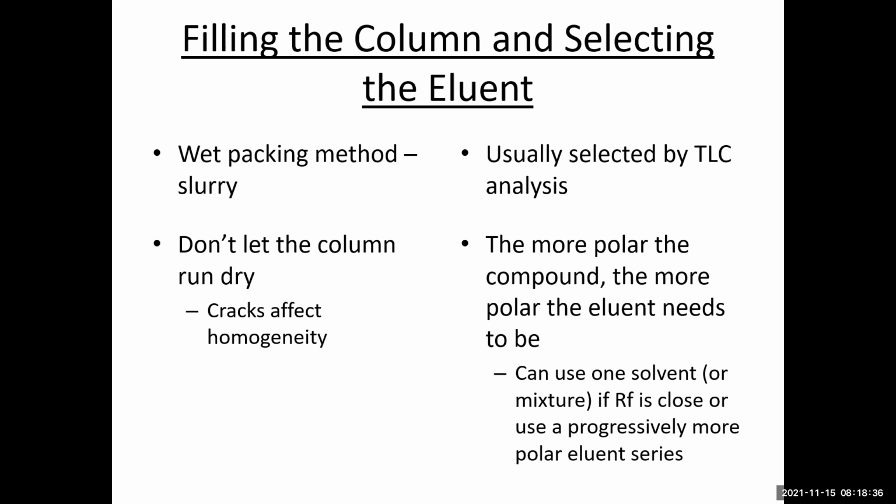So we are going to learn how to make what's called a silica gel slurry. Kind of looks like the consistency of a Slurpee. To wet the silica gel in order to put it into the column. And that way it's always wet and it forms a nice homogeneous mixture for the stationary phase